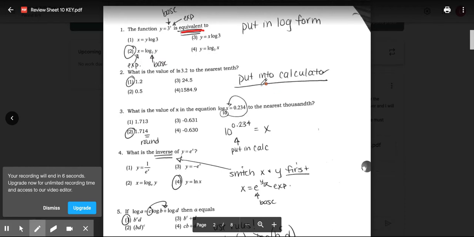This one, we're just simplifying, put it into the calculator. This one